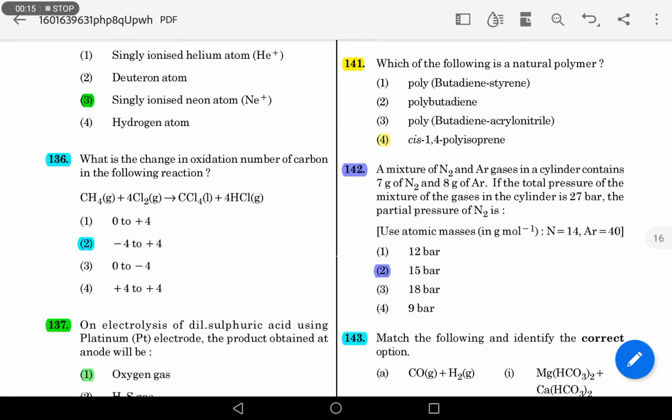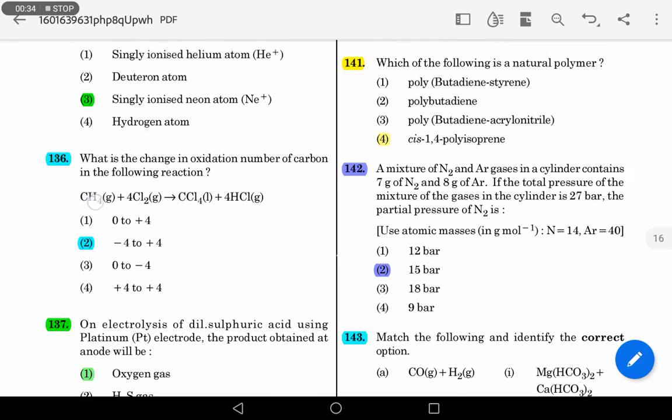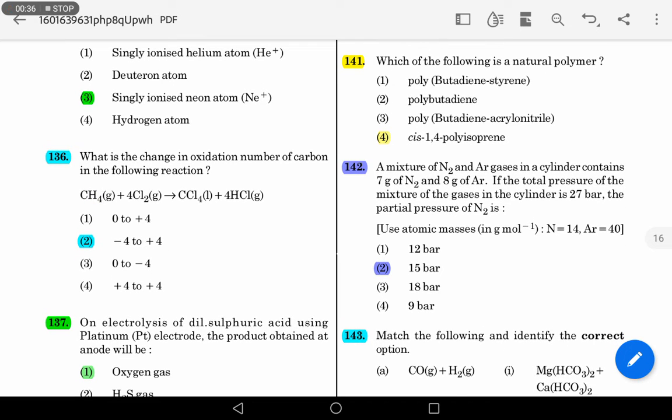Carbon tends to exist in +4 or -4 oxidation state. It tends to share electrons. If it shares electrons with a more electropositive atom, it will have -4 oxidation state. If it shares its electrons with a more electronegative atom, it has +4 oxidation state. Here it shares them with an electropositive atom, hydrogen.